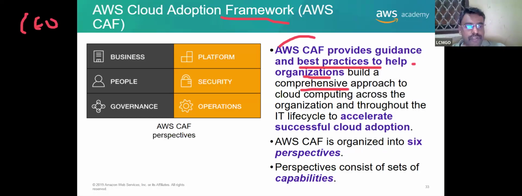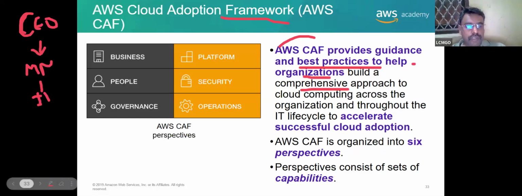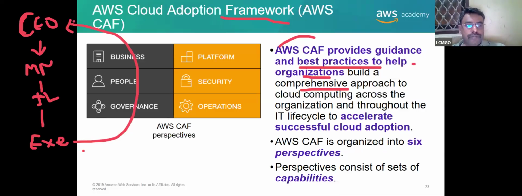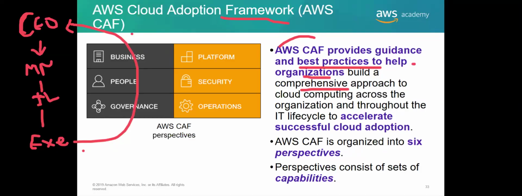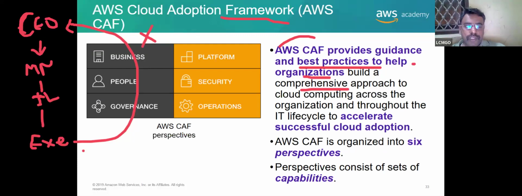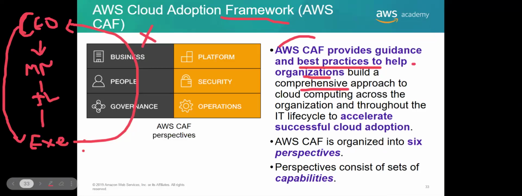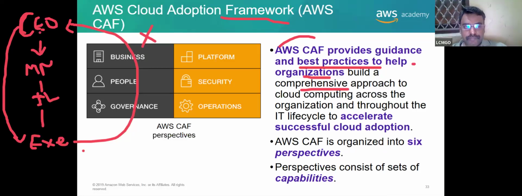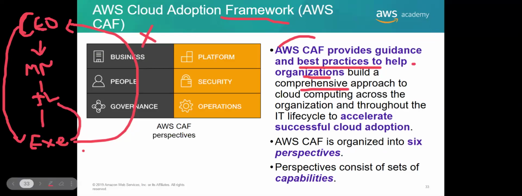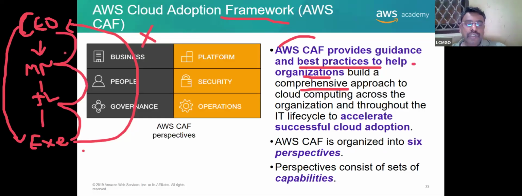For example, you have a CEO, okay? You have a manager, you have a TL, you have an executive. Now, the executive wants to meet the CEO. Can he go and meet? No. No, right? The CEO wants to meet the executive. Is it possible? Yes. Okay. Now the executive wants to meet the CEO. What is the process? We have to go through the hierarchy. Yes, exactly. He has to go through the hierarchy.